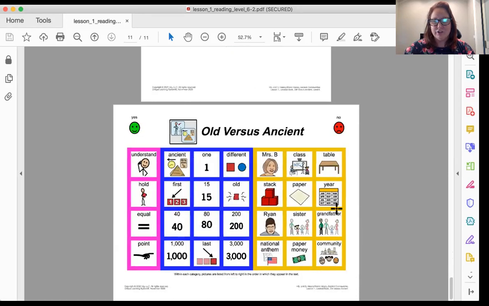So make sure you can rewatch this video and pause at each page and use your communication board to find the numbers for the stacks of paper. And then,